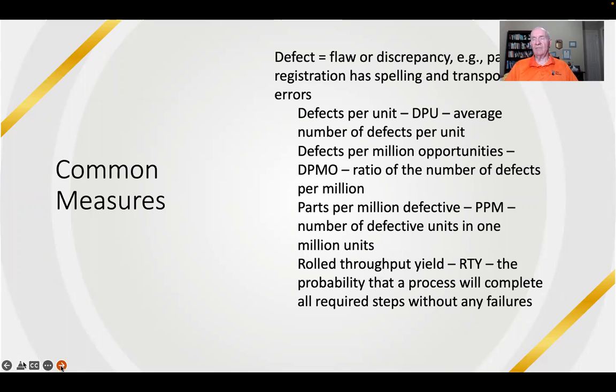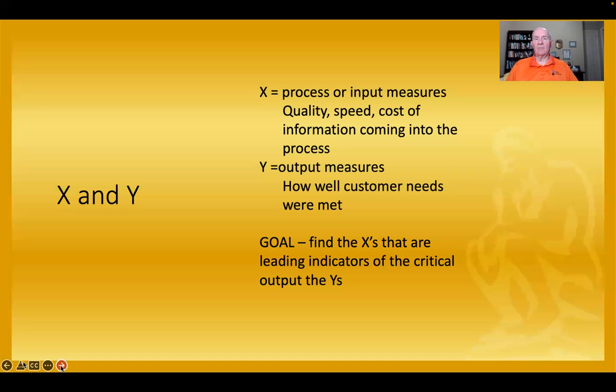Or it could be defects based on the fact that a patient didn't complete their demographic information effectively or appropriately, and that you create then what? A denial or an error down the road. So you want to take a look at how you're identifying and making sure you're dealing with your measures as